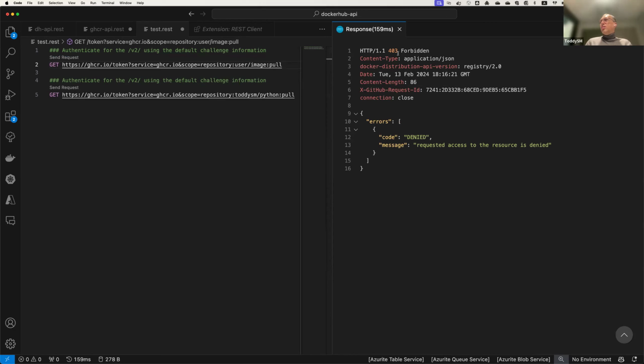So if I write the code and I get forbidden, most probably I'll assume that I don't have access to that, and not that my scope is wrong.